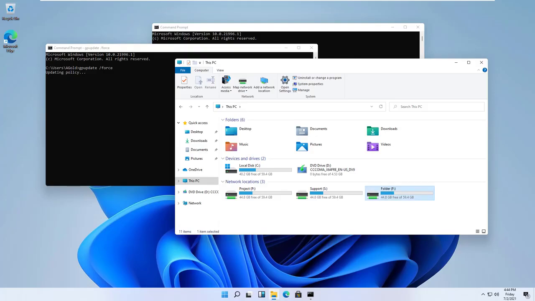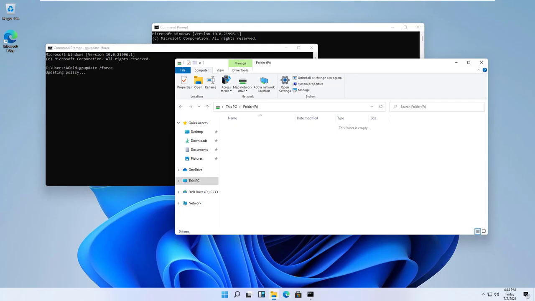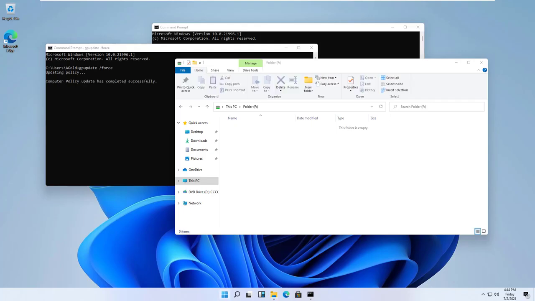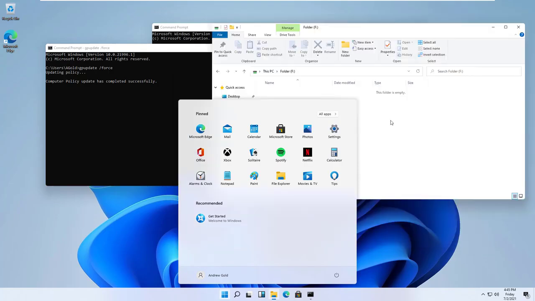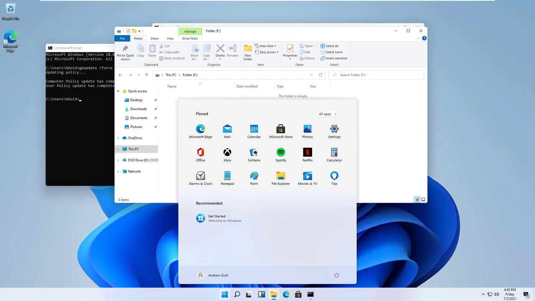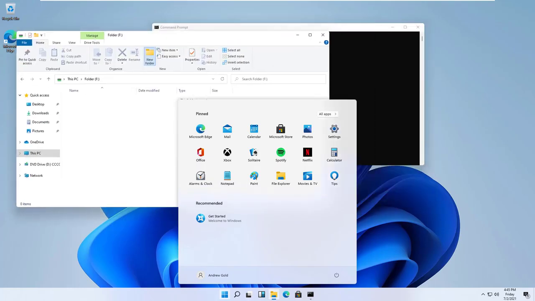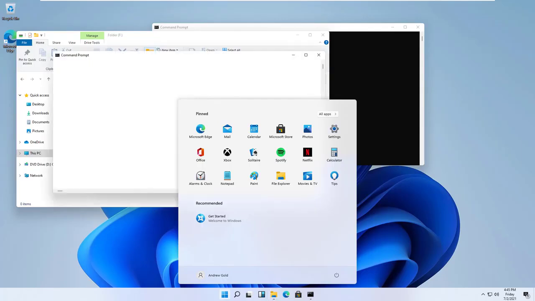Look at this. The name of the user here is Andrew Gold. So I'll put Andrew Gold, I'll create one folder muna. I just want to show you na pag I created Andrew Gold, no one can see Andrew Gold except me.